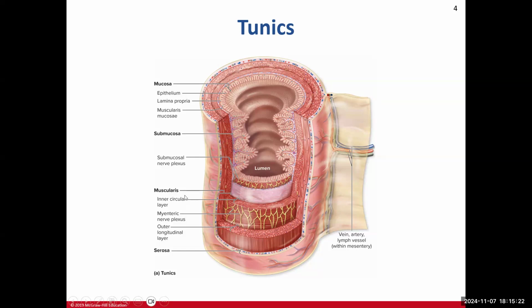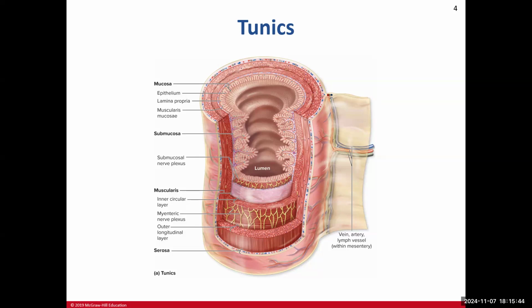And so the muscularis is primarily, in most places, going to be 2 layers of tissues. In some places, it'll have 3, like in the stomach, for example. But mostly, it'll have 2 layers. The inner layer, which is a circular layer, and then the outer layer, which is a longitudinal layer. One layer helps with kind of compacting what's in the lumen, and then the other layer is going to help